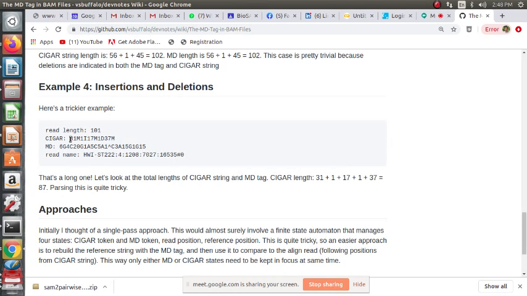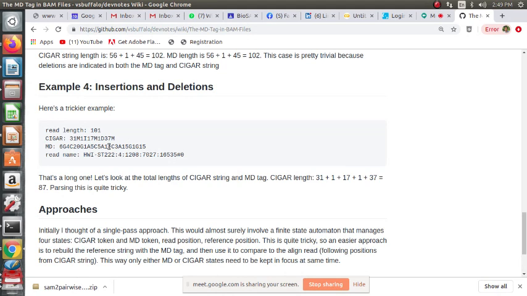We cannot say for sure that it's 31 matches, so it is 31 matches or mismatches followed by 1 insertion, followed by 17 matches or mismatches, followed by 1 deletion, followed by 37 matches or mismatches. So the cigar length is going to be 31